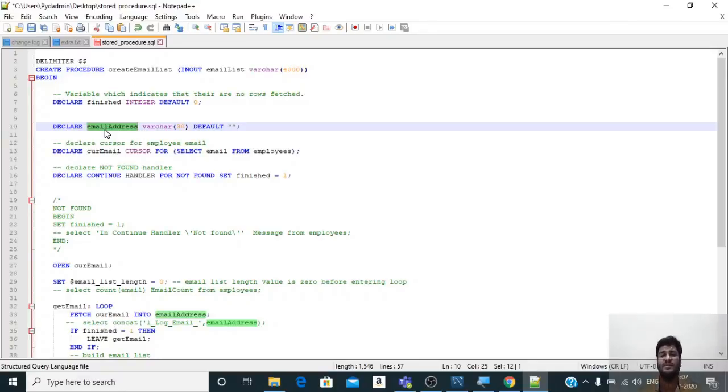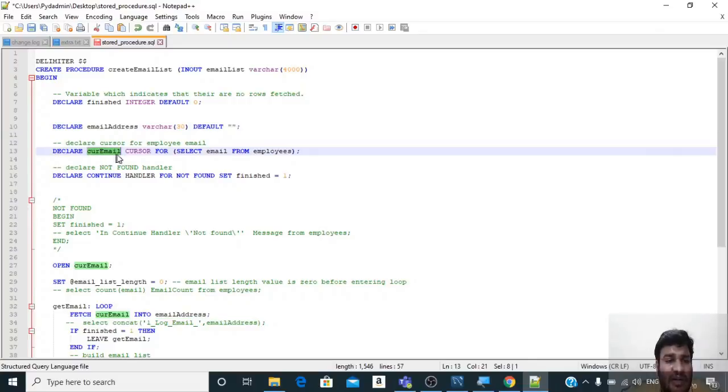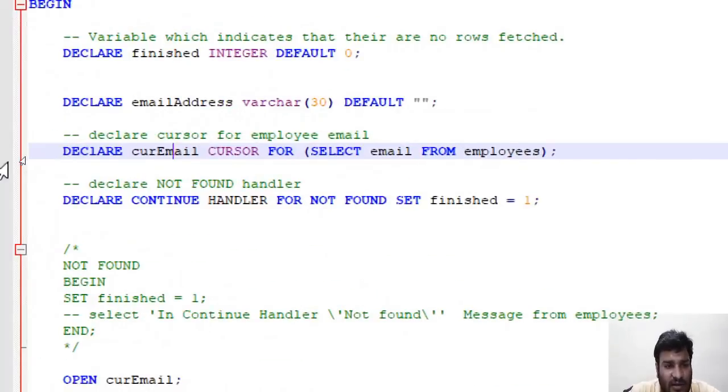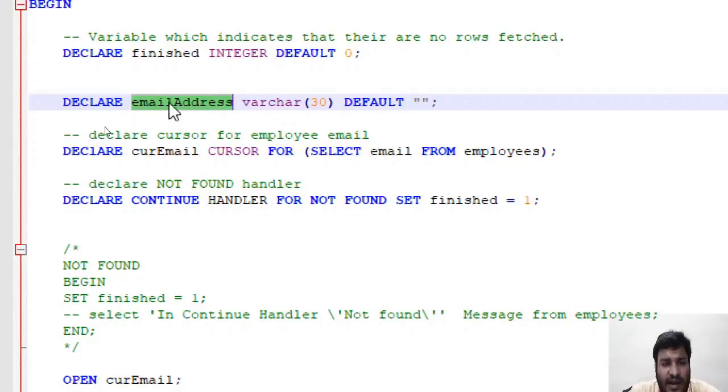We will use the concatenate function: the first at the very right, then a semicolon, then the second one, then the semicolon, then the third one, moving towards the left. The cursor name is current email, but the email which is fetched by this current email cursor is actually contained in this email address.